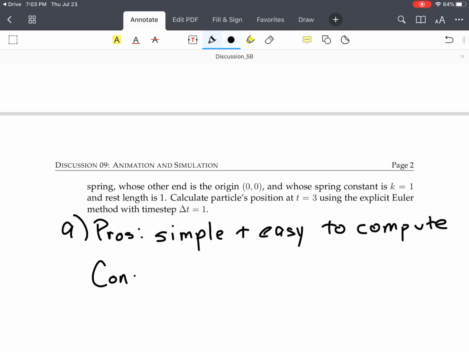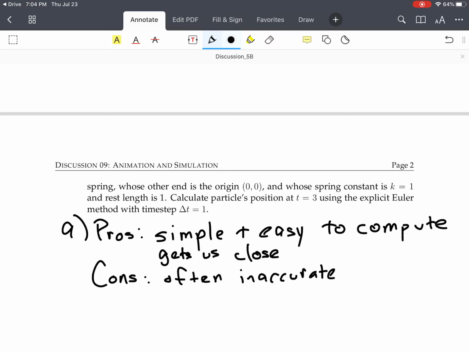But then let's look at some cons. And let me add one more pro: gets us close. So, it might not be perfect, but it'll get us pretty close to the values that we're actually looking for, right? But let's look at some cons. So one of the big cons is that it's often inaccurate, right? As I mentioned,